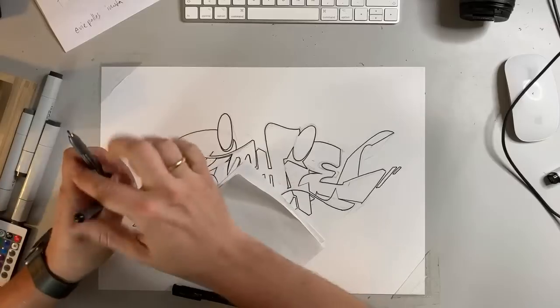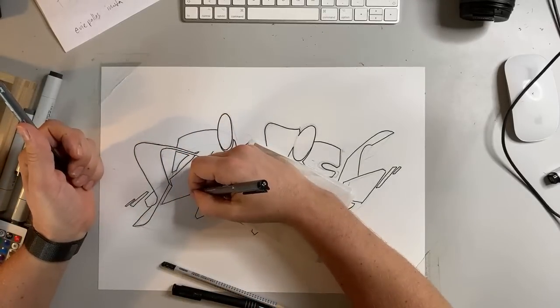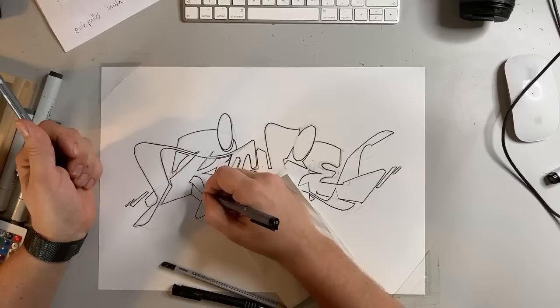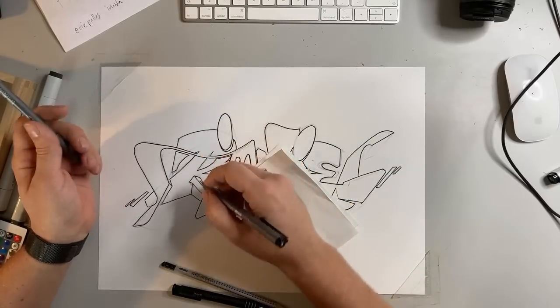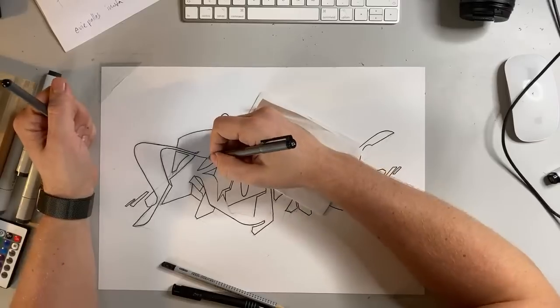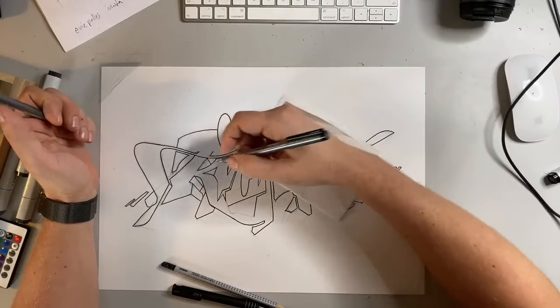At the end, you have to feel right. You have to feel good with the stuff that you're doing. And if you feel good, you're doing it right. Because so many people are always asking me for a critique and what I think about their art and if they're doing it right and so on. And I always say, if it makes you happy, you're doing it right. You don't have to